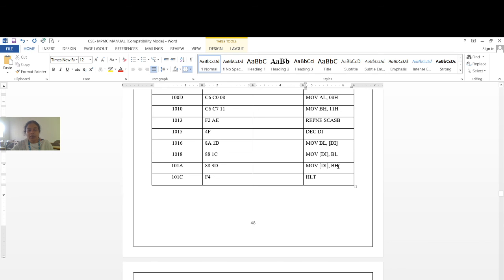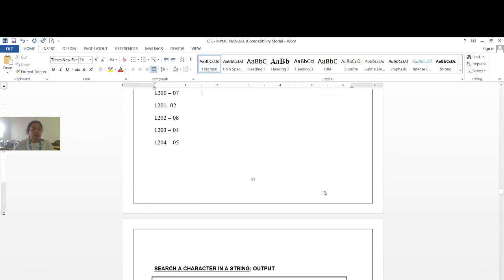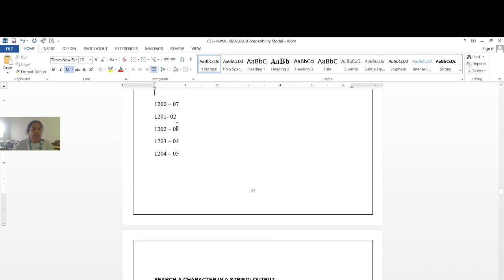So the previous value at DI was 08, and now it is 11. That means the original value is moved to the BL register, and BH is moved into memory at DI. So this is the program by which we find the value 08 and replace it with 11. Okay, thank you.